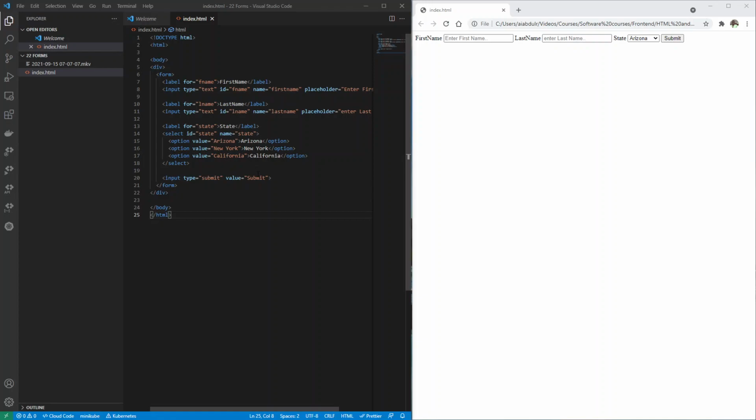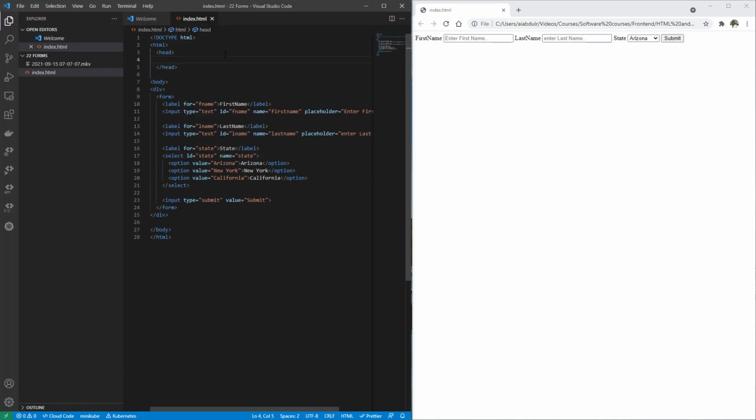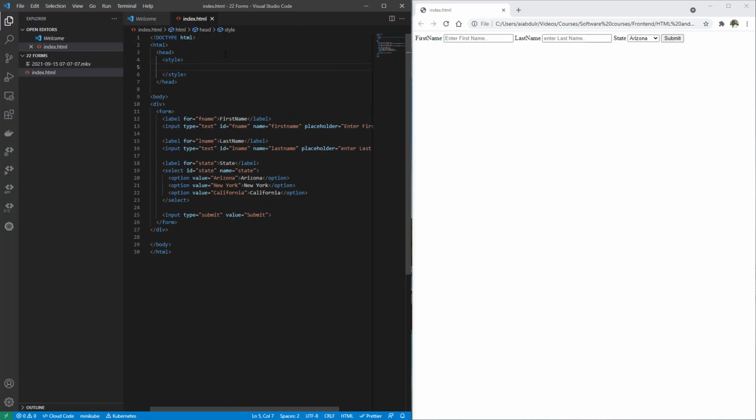So the first thing, let's create our style block. So first let's put our head, and in the head we have our scripts. Oh, sorry, our style. Good. So now we can begin to style. The first thing I want to style is our text, right? It's these text fields right here. So how do I style these text fields? I want the inputs,